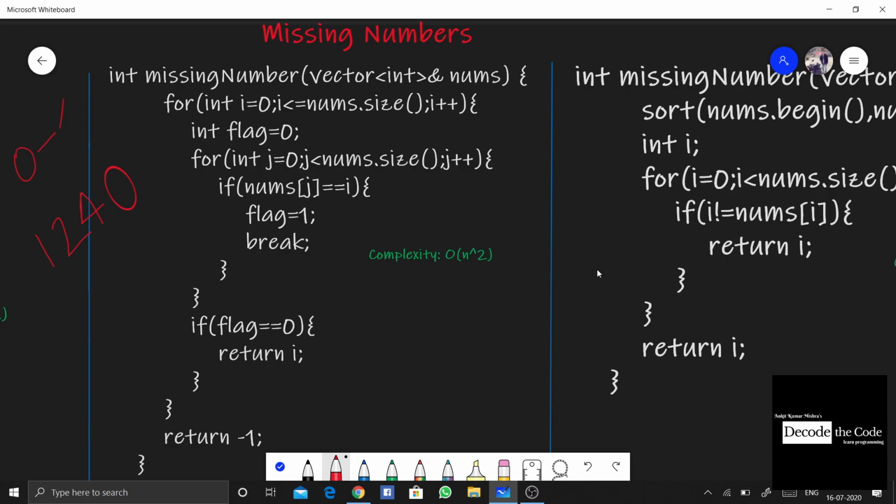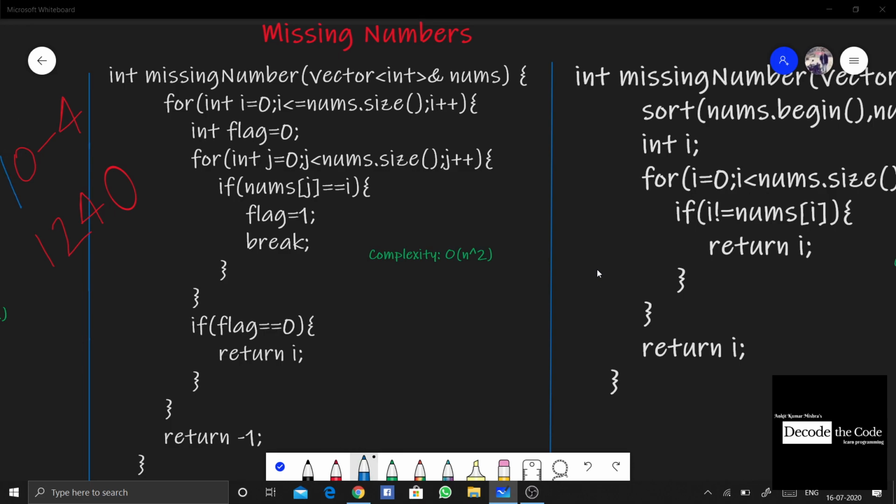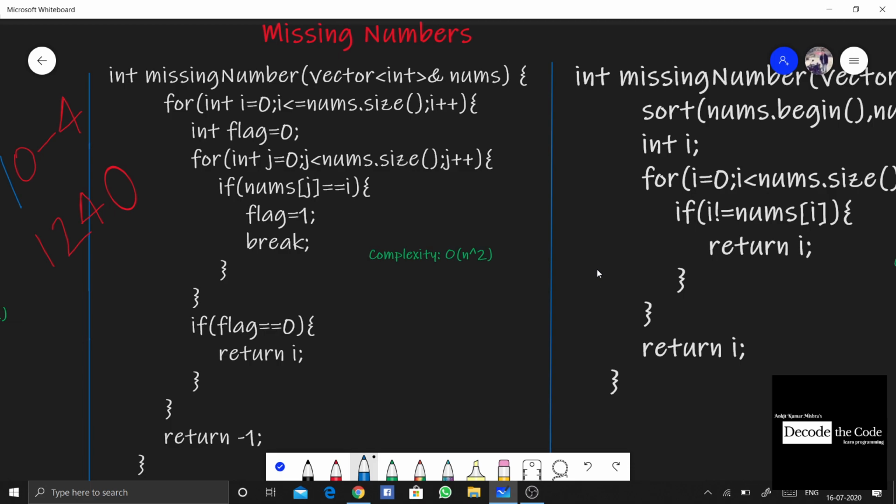That means we'll be checking from 0 up till 4, and we'll be finding the number that is missing. The main approach behind this is we'll be traversing through the entire set of elements. The first loop is basically for the set of n plus 1 elements that we have over here.